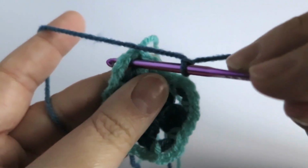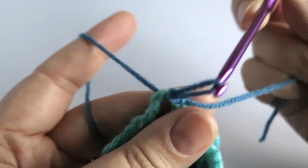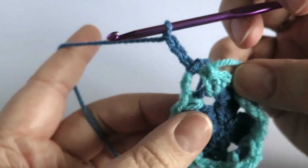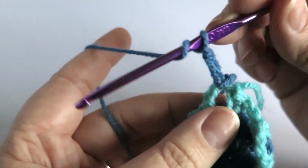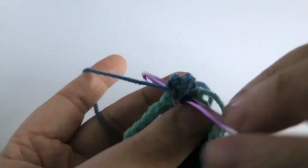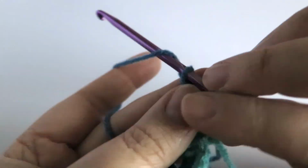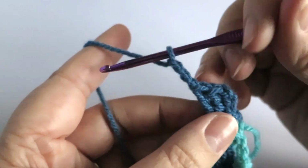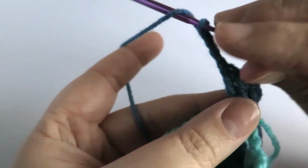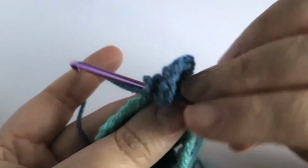So I've got the hook through that 3 chain loop, just going to do a little slip stitch there just to attach that yarn, and I'm going to do 3 chains to replace my first treble, and then continue as I did previously by doing 2 more trebles here, because I've just done 3 chains which replaces my first treble, 3 chains for the corner, might need to move that around a bit, that's perfectly fine, and then I'm going to do 3 trebles into that same space,